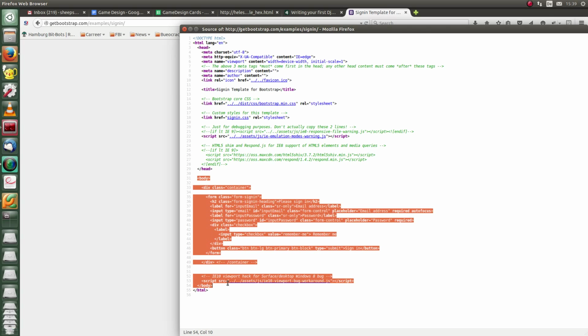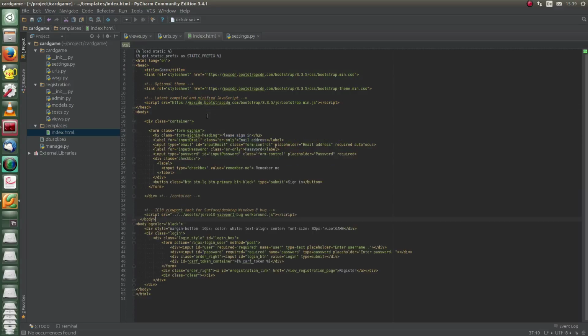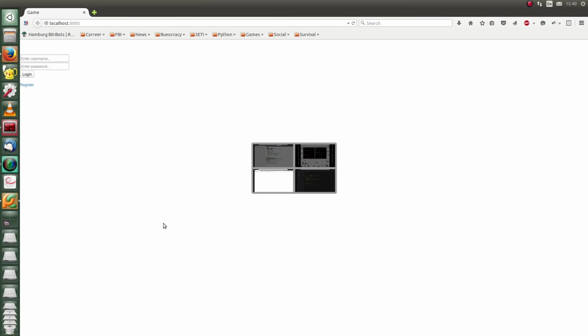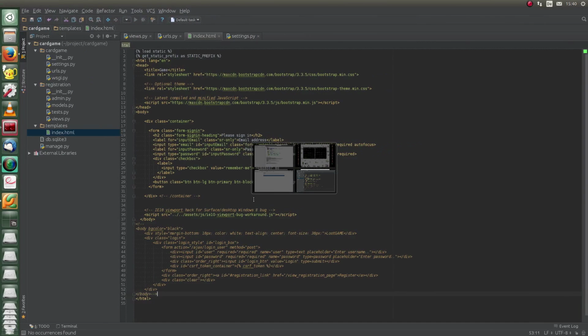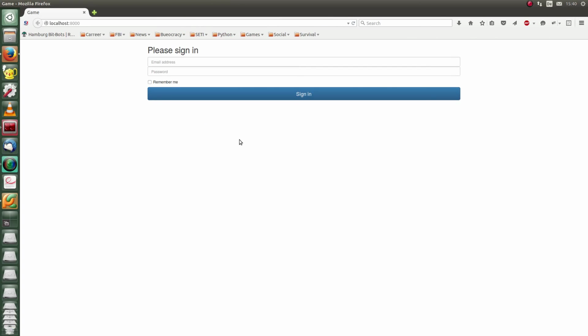So let's use this, and we will put this in actually in here, and then I will comment this out so that we actually can move the stuff over from one to each other. Nope, that needs this. And when we go to our own page, then we see we have already a sign-in thing. Of course it's a little bit too large from the left hand side to the right hand side,